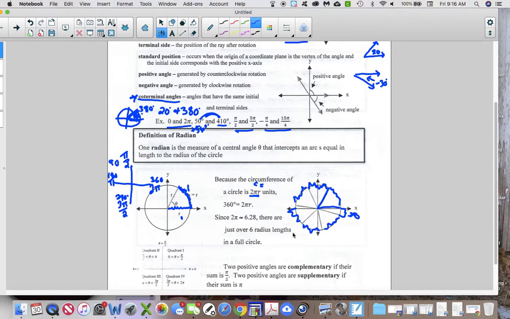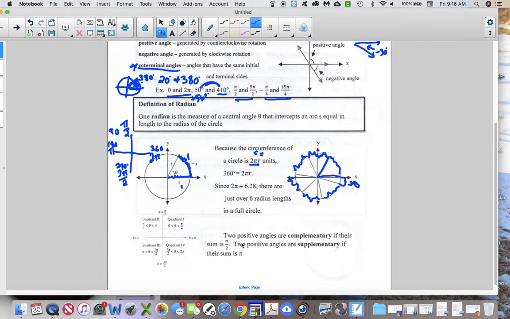Now, it doesn't necessarily have to be 1 though. This radius could be 5. That would also be 5, and this would be 5, and this would be 5. And there are 6.28 of those all the way around the circle. Regardless of what the radius measure is, there are 2 pi or 6.28 radius lengths going all the way around the circle. Okay? All right,